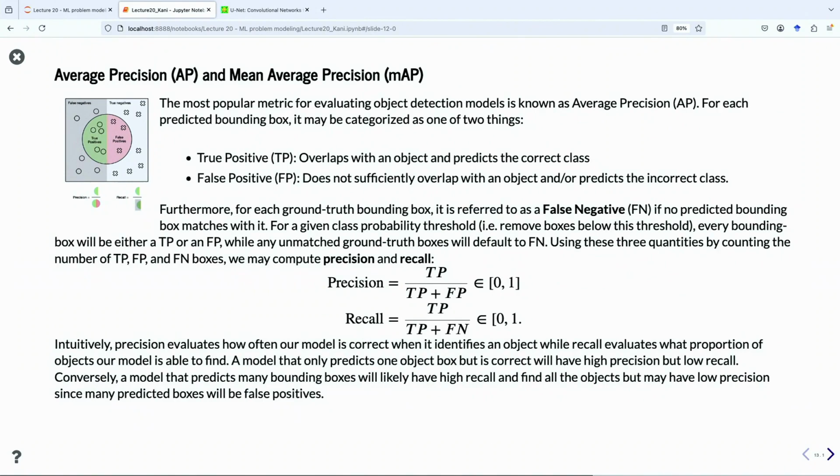There are multiple different aspects that go into this, but we have this issue right now, which is the more stuff our model outputs, the higher our recall will go, but also the lower our precision will be, right?